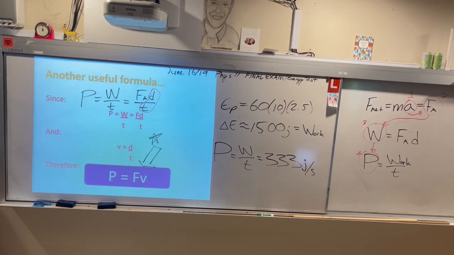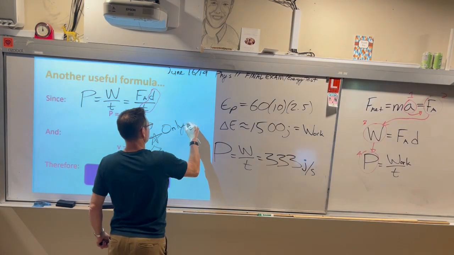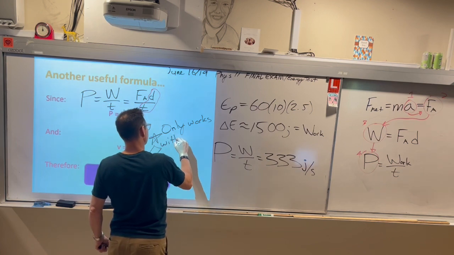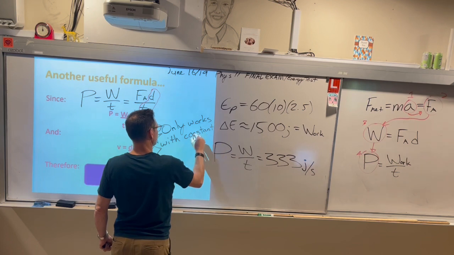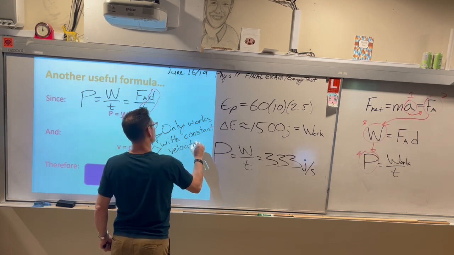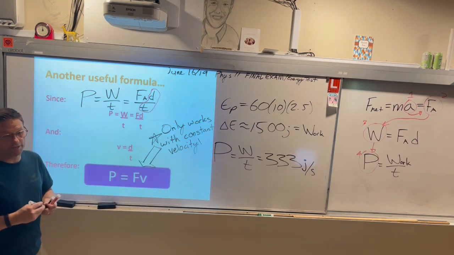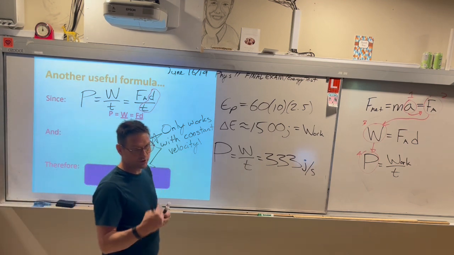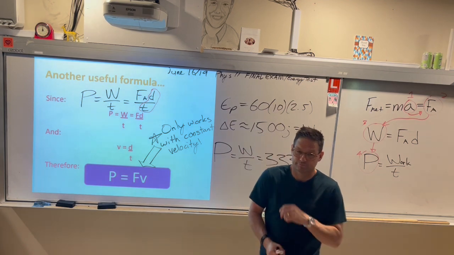Are we going to see any questions that say like you start at 15 meters per second and you go up to 25 meters per second? Maybe. How would you do it? Well, I would find the kinetic energy first, in the first instance, and then find the second kinetic energy, and the difference, and then use it for work over power. That is correct. And that would be the change in energy, right? And so the amount of work would be the same as the change in energy. Put that over time, you get your power.